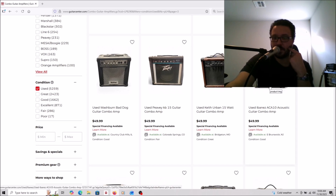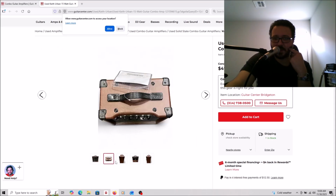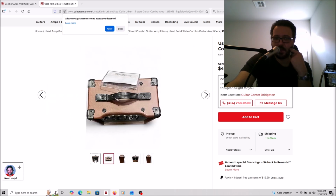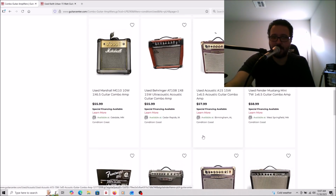Apparently Ibanez made one. Keith Urban, 15 watt. That's very strange. I mean, Keith Urban is, did he really make a little amp? He's a country artist, but I don't think he's American. That's odd. That's really strange. It does have a drive level. Huh. Interesting. I'm not going to close that tab. I'm going to leave it there as an option